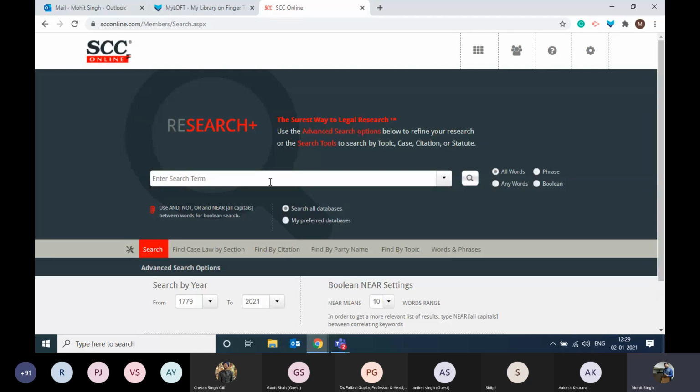Now in the search bar, you can type whichever query or whichever case law or whichever document you want to find, right? So let us hit our first search and see what type of documents we get. What I'm trying to enter over here is I'm trying to find some latest case laws or latest judgments on the topic of defamation decided by the Supreme Court of India.